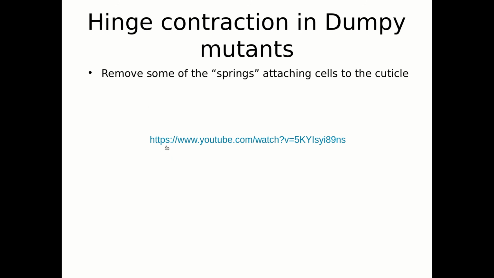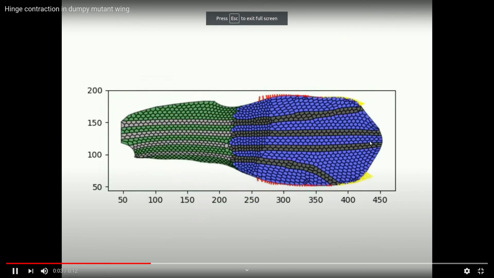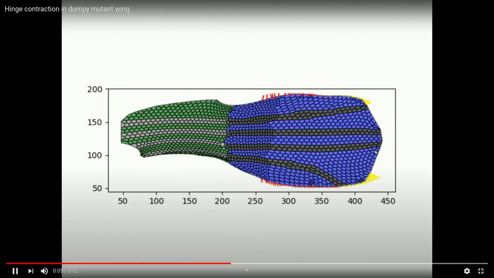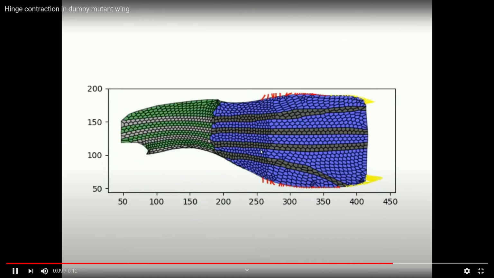So if you remove some of these springs, you can mimic the phenotype of a Dumpy mutant. Here you can see how the border is getting into the